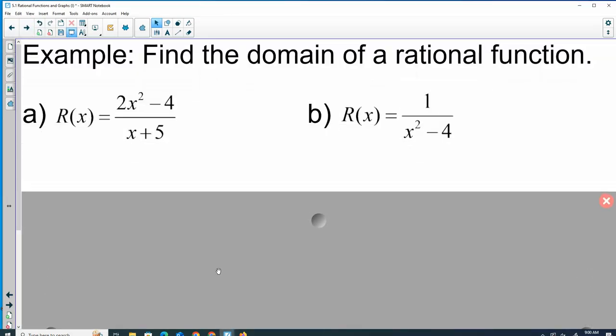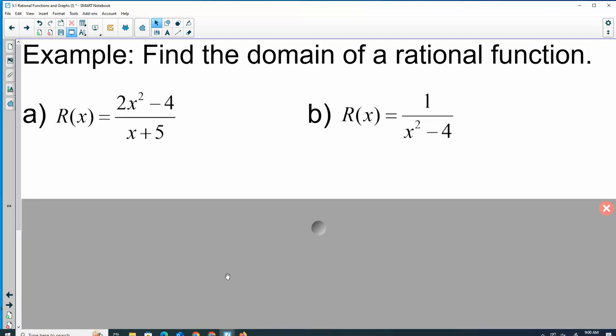So let's find the domains of these. The first one, r of x, our function is 2x squared minus 4 over x plus 5. So for the domain, I'm only going to look at the bottom. All I care about is what would make x plus 5 equal 0. We know that x plus 5 can't be 0, because that would give us division by 0. And so if I solve that, x cannot be